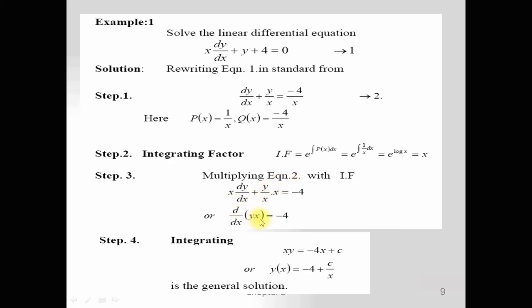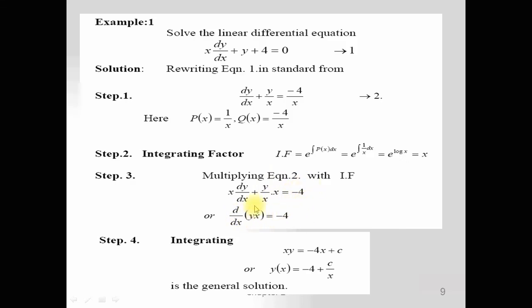So if x is the first function and y is the second, then by using the product rule we obtain first times derivative of second plus second, the y function, times derivative of first, the first function is x, so the derivative of x with respect to x will be 1. And dear students, you see here that this is equal to 1. x and x cancel, we get y dot 1, and minus 4 as it is.